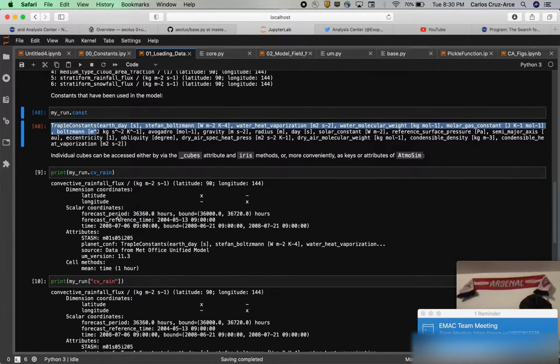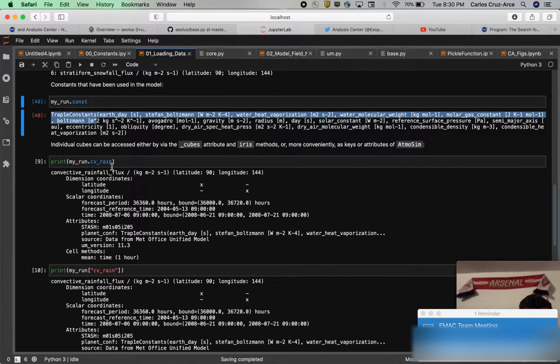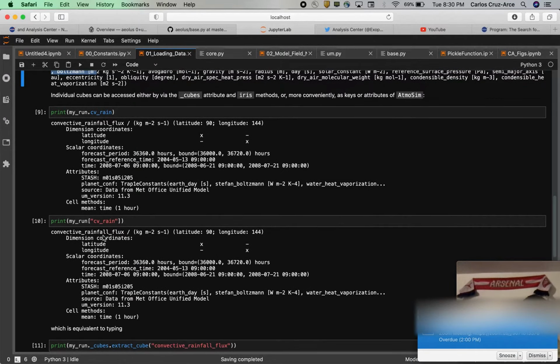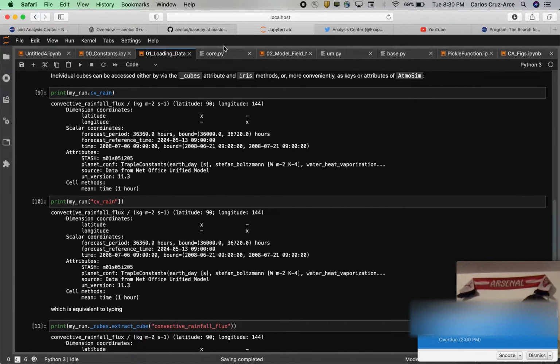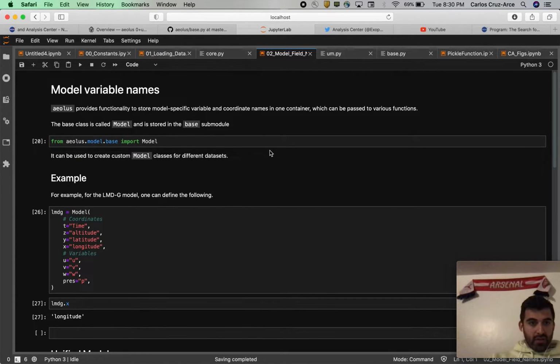Again, there are a couple of different ways to view it. You can use myrun.cv_rain to see the CV rain. You can also put it in parentheses as a string. The last cool thing about Aeolus is that it comes with this model module that allows